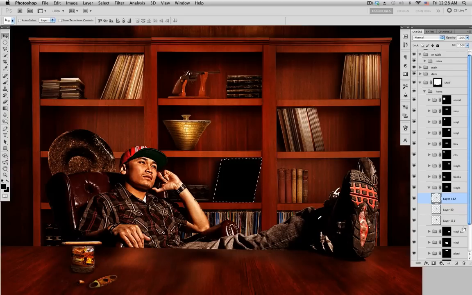layer, Alt delete to fill it in, and instead of just erasing it and just keeping the shadow right here, you're gonna erase just the top a little bit. So there's still shadow on the left, the bottom, or actually the right, bottom, left. The same thing, lower the opacity a little bit,